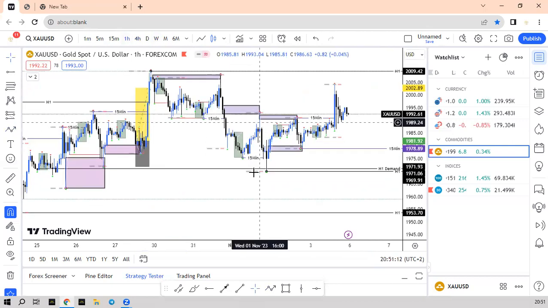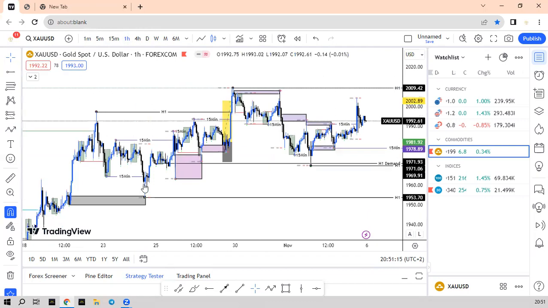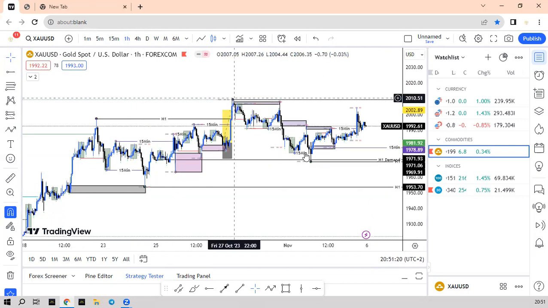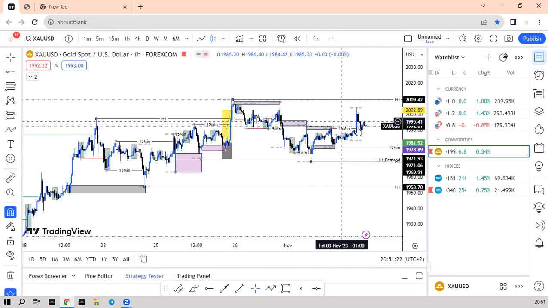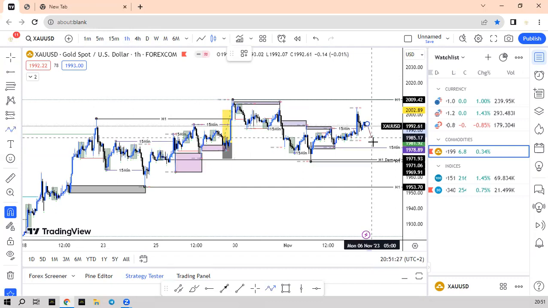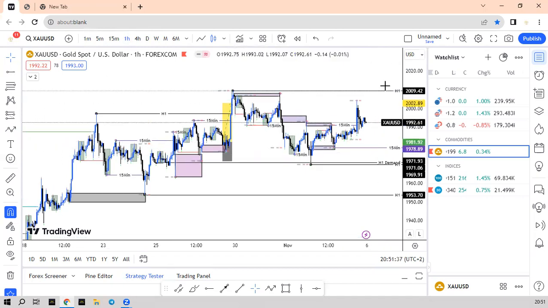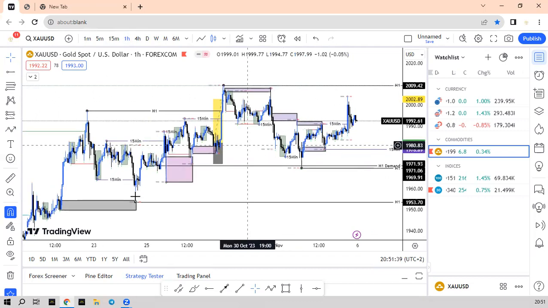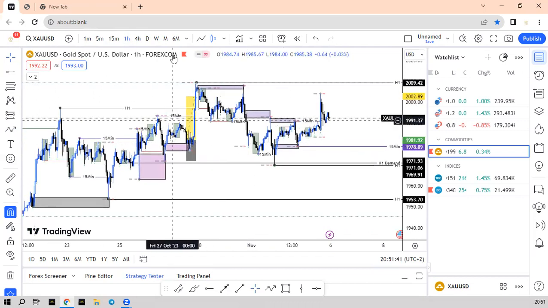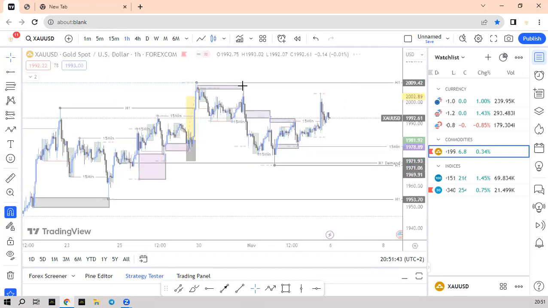So now we have just confirmed this H1 range, from this low to this high. This was a retracement, and then a break of structure here. So we might see price liquidating and continuing up, or doing something like this. We don't know what's going to happen. We'll just react to the market when it happens. So now we have this range, and we had another range here